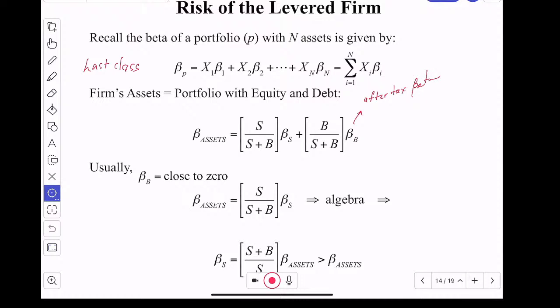Then it looks like we could rearrange this and demonstrate that if this is low or close to zero, and this weight is a value less than 1, then that means that the risk measured by the beta of stock must be greater than the beta of assets. So algebraically,